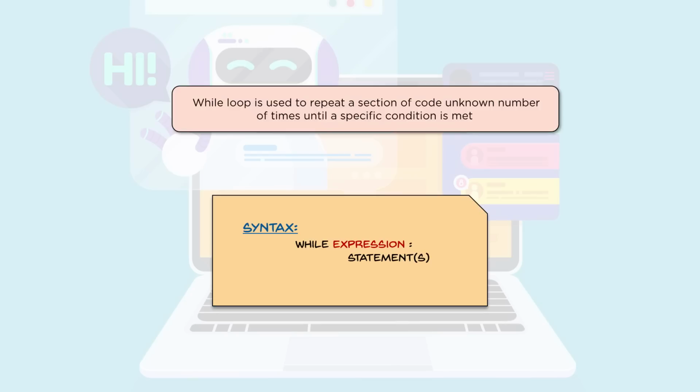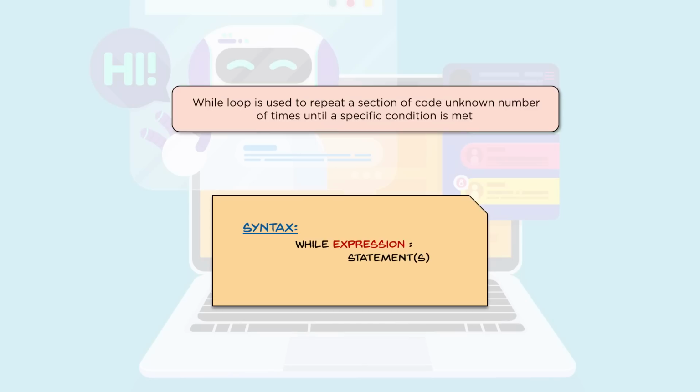So here's the syntax for a while loop. You have the while keyword followed by the expression or the condition. This is what needs to result in true to enter the while loop, and the expression is followed by a colon, and in the very next line you can put down the various statements that go into your while loop. So now that we saw what a while loop is typically used for and the basic syntax of a while loop, let's move into a few demos and explore the various applications of while loop.